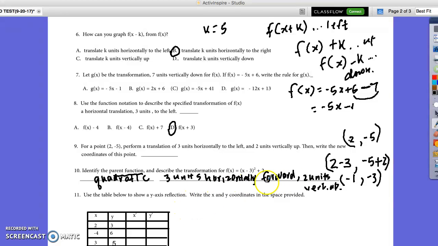And finally, with the table we want y-axis reflection. What is that? Y-axis reflection means that we only change the x coordinates. So the x coordinates are all negated. 2 becomes that,